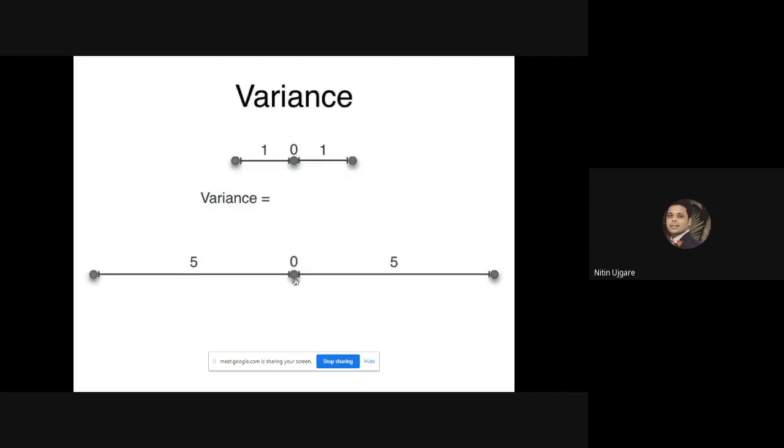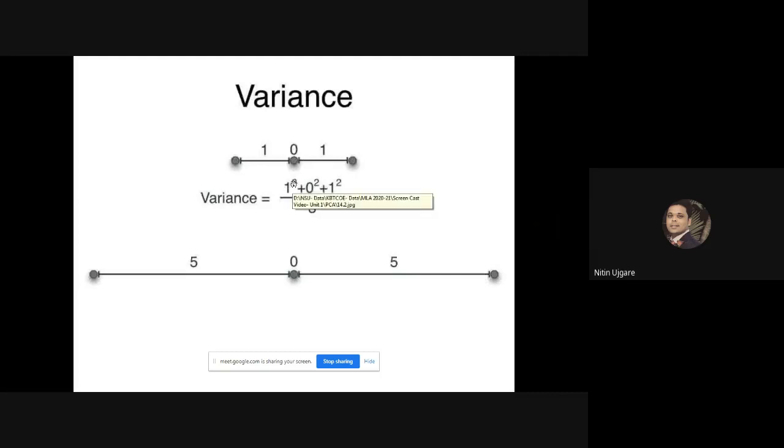So now how do we calculate the variance of this set of points? It is basically a mean. 1 square, so the distance of this point from the mean and the distance of this point from the mean. The mean is naturally this point. So this point has the distance 1 and this point has the distance 1.